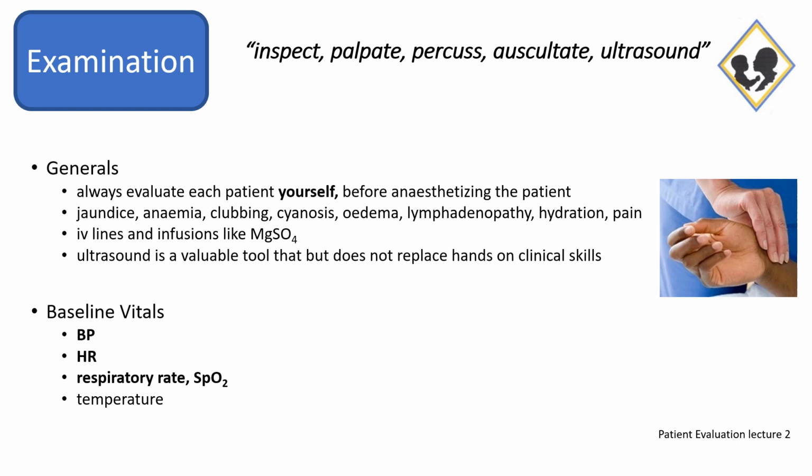So a general examination, you're going to do it yourself. Don't just go on what was handed over to you by the obstetrician or the obstetric team. Evaluate each patient yourself. Go through the general examination. Don't miss the clubbing or cyanosis at the start of the case. Look for potential IV lines and infusions that are already running on the patient, and then take a very good set of baseline values for blood pressure, heart rate, respiratory rate, and put the SATS probe on before you start